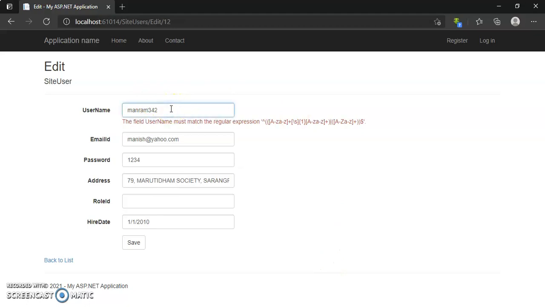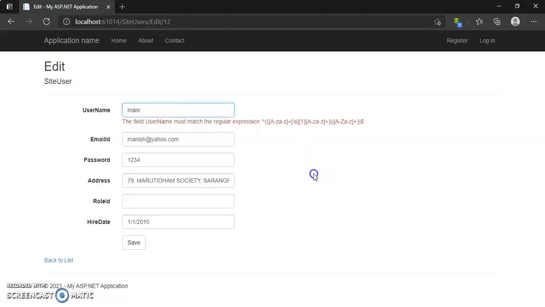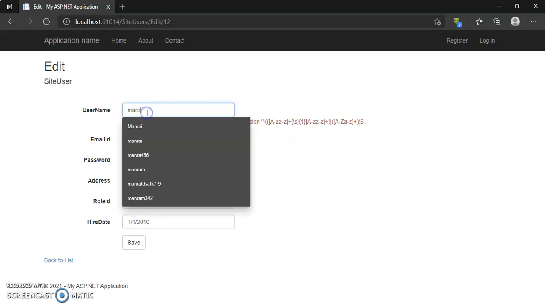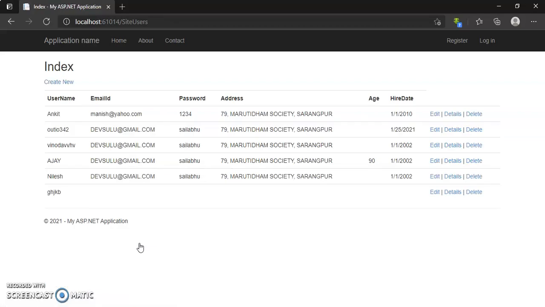First we will check here. If I put only the first name, without any space and without a last name, it is allowed and saved.